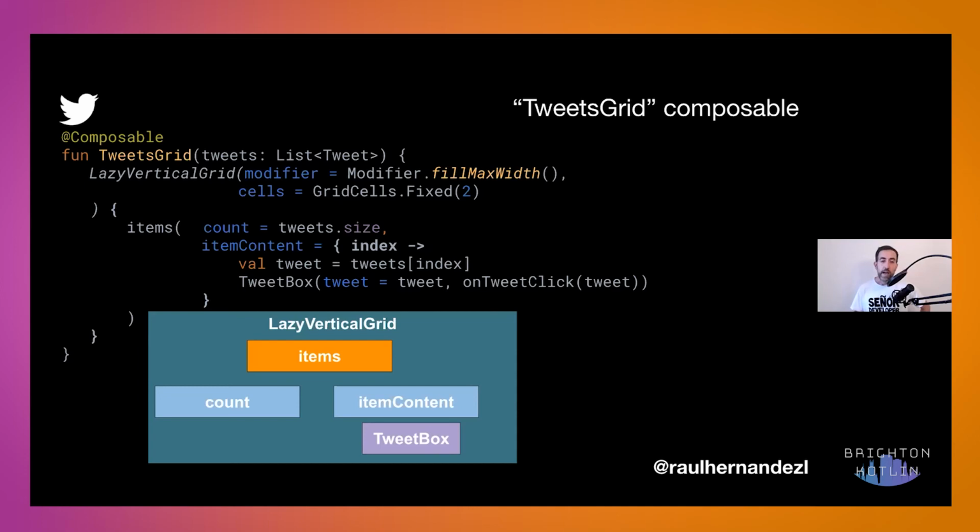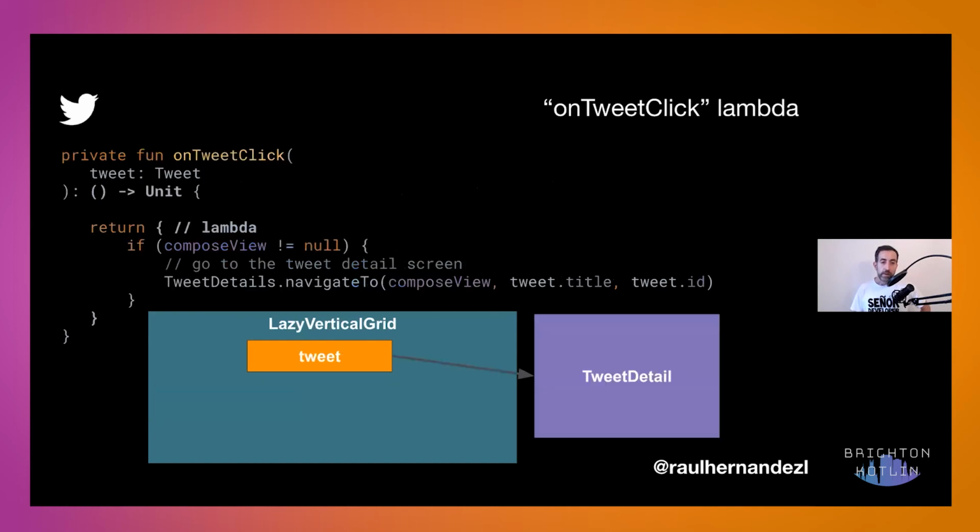I created something called tweet box, that is a custom declarative UI that contains a tweet, and also on tweet click. That, as you can imagine, is a function. So we are passing here a higher order function. What we have in this higher order function is another function, simply returning a lambda that is getting us to the detail of the tweet. Nothing else. We are navigating to that, and we are passing the lambda to be processed.